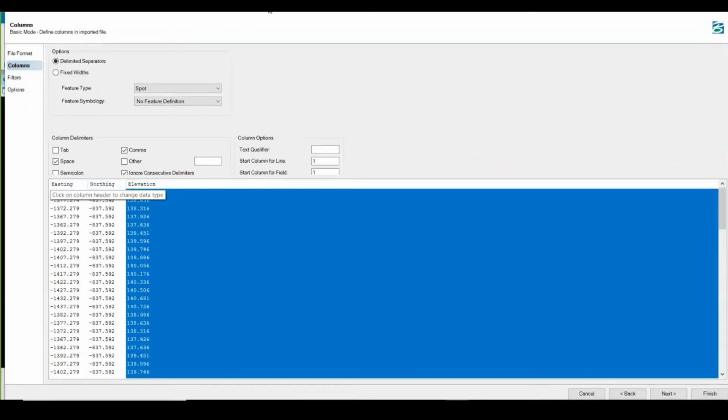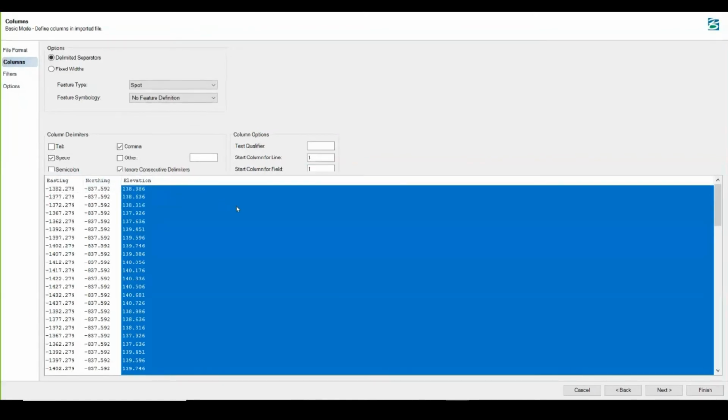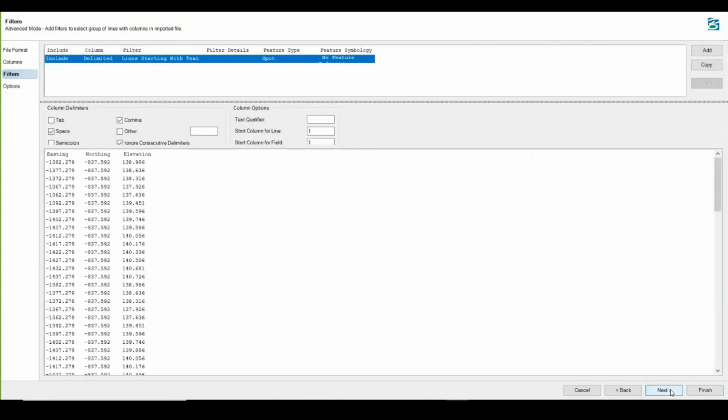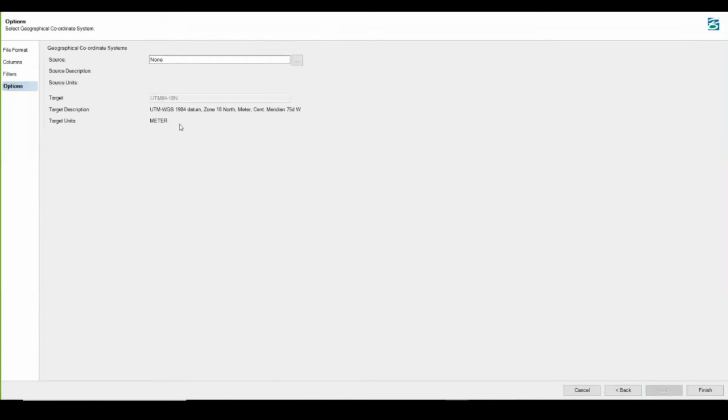Now in the software language, the software can create my terrain using this setting which I have recently created. So I will simply click next, and I'm good to go again. It's all good: easting, northing, elevation. And now comes the important part, the geographic geo-coordinate system. Many of you might be familiar with the importance and relevance of this geo-coordinate system. So you need to ask your surveyor which geo-coordinate system he has referred to.